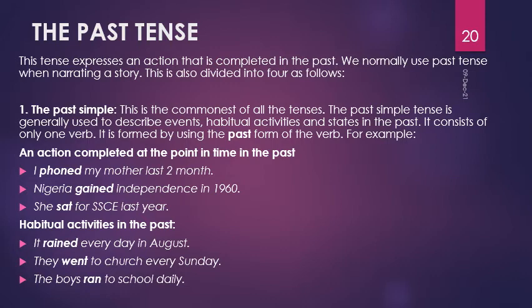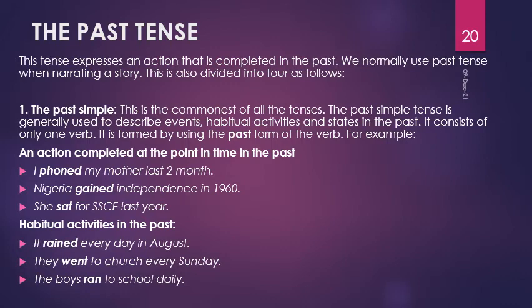The past simple. This is the commonest of all the tenses. The past simple tense is generally used to describe events, habitual activities, and states in the past. It consists of only one verb. It is formed by using the past form of the verb. Example,